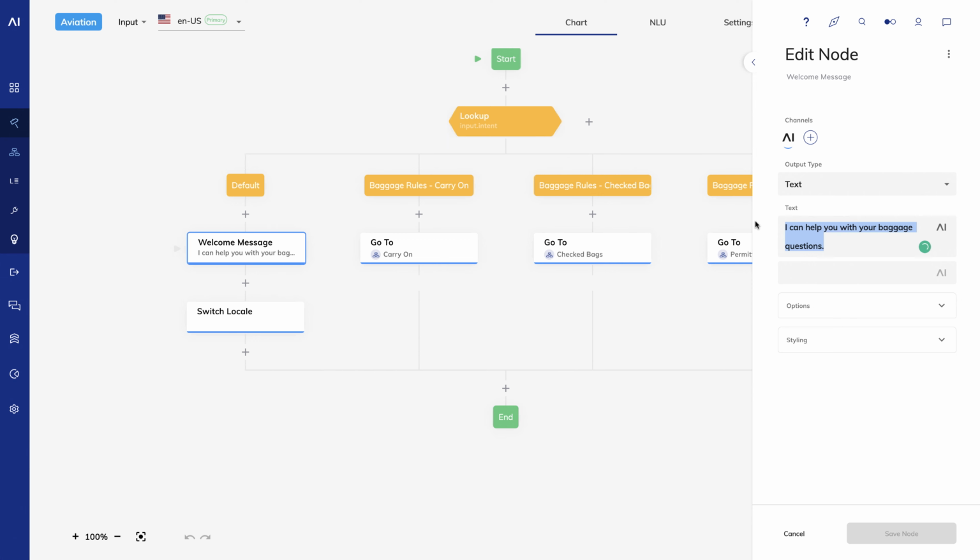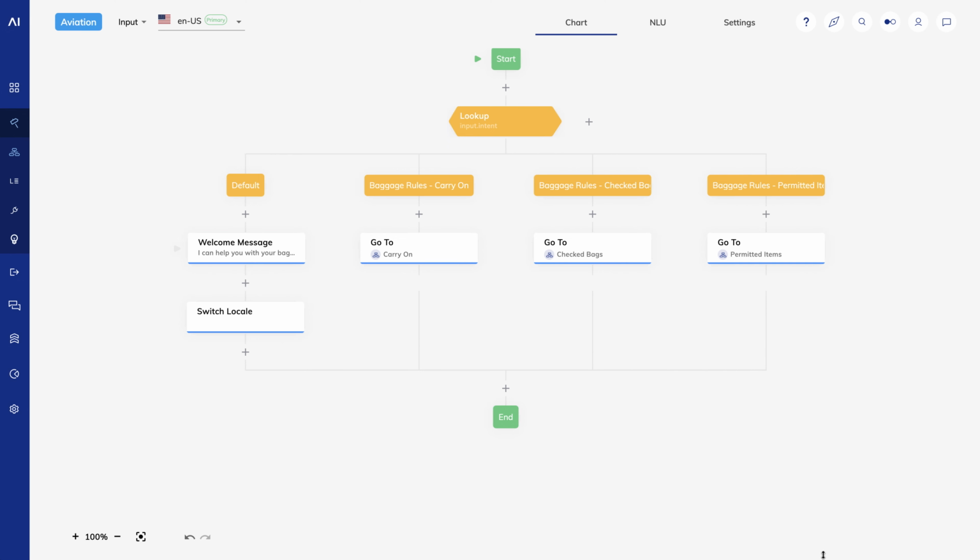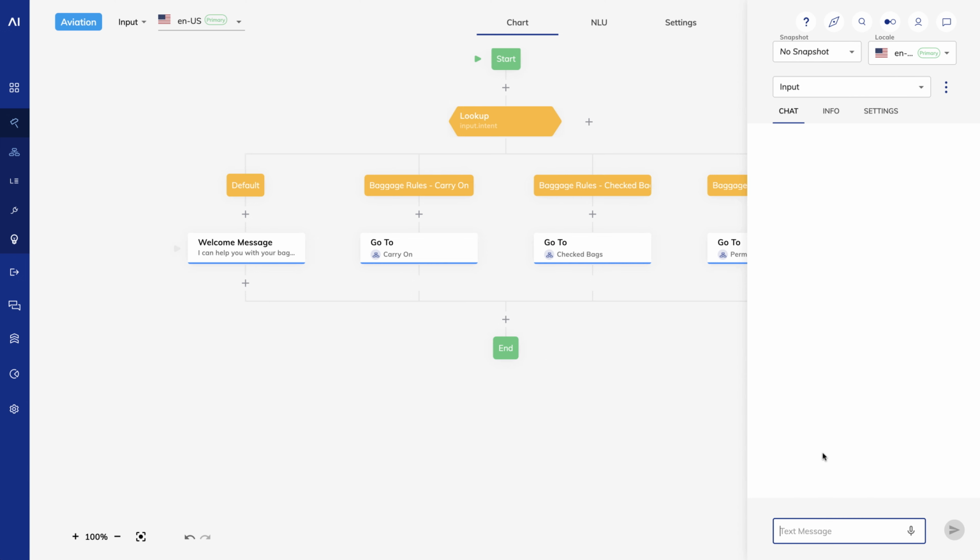I'll say that we can handle baggage questions or flight status questions. I'll test the bot by opening the interaction panel and saying hi. And I can see the new message.